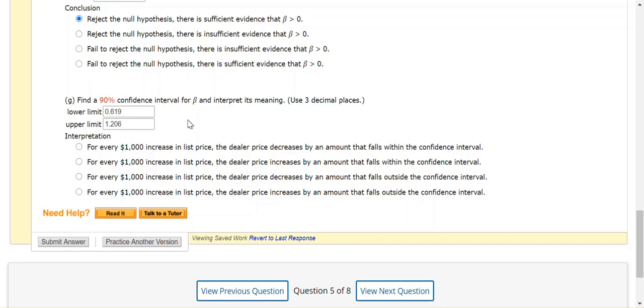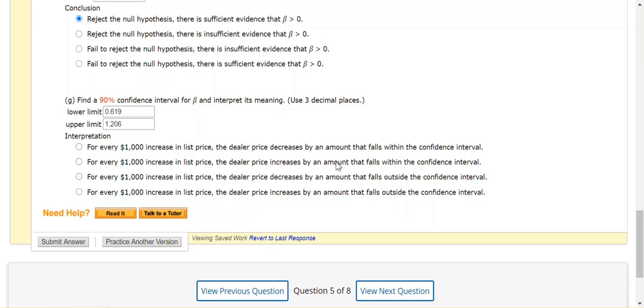The other thing that it's telling us from our confidence interval is that there is a change, right? Remember, slope means change. So for every increase in the input, the output should have some relational change. And what is that relational change? Well, it's somewhere between 0.619 and 1.206. That's the change. And we're 90% confident of that change. So the interpretation is for every 1,000 increase in list price, the dealer price decreases by the amount that falls within the confidence interval,